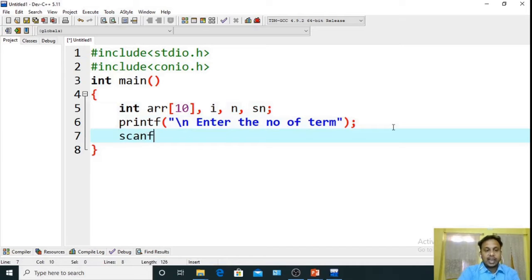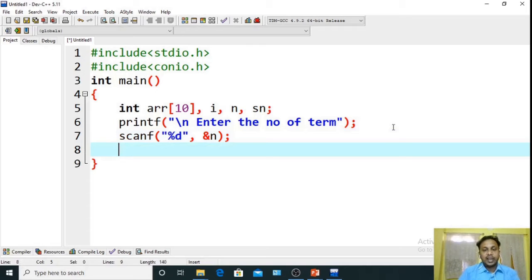Next, we will use the scanf function. Scanf is also a library function, basically used for user input. So %d comma &n. Next, we will take the values. So printf,